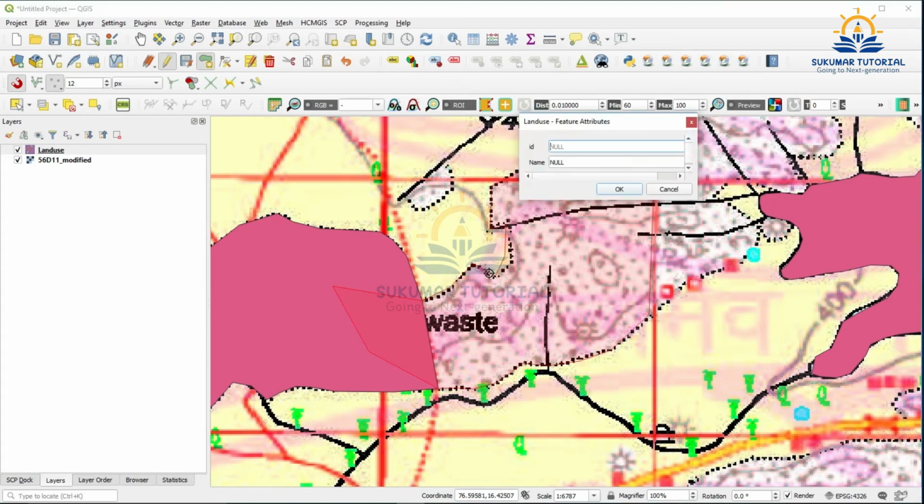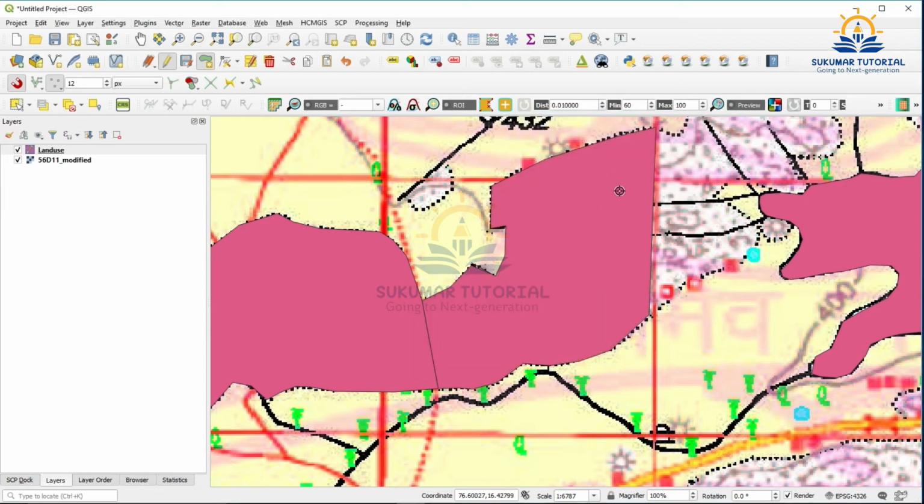Left click, right click. Then this asking ID too, stony waste. Okay. See, 1 more unit is there. So this unit I wanted to combine it.